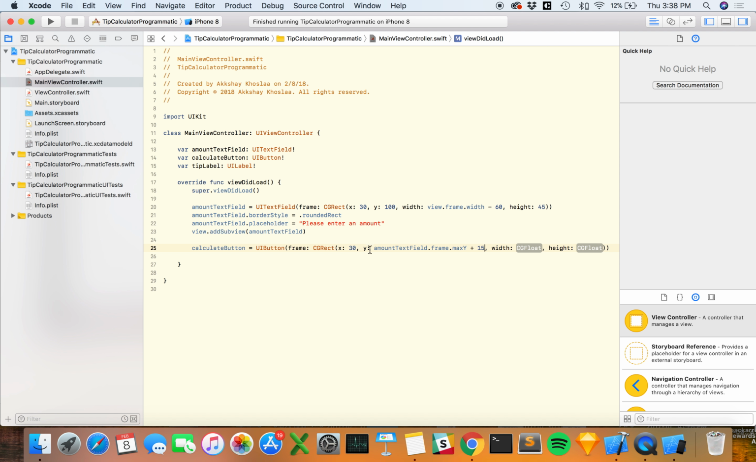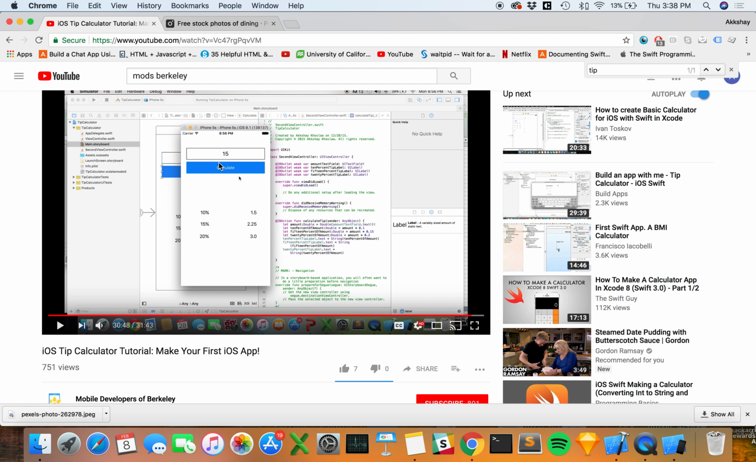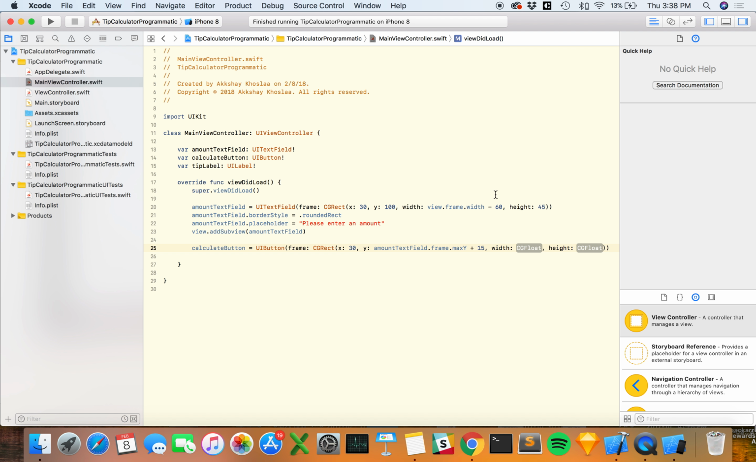And we'll say that this calculate button's Y is going to start 15 pixels after the max Y of this text field, okay? And the width, we'll do view.frame.width minus 60. Height, we'll give it like 50, okay? So calculateButton,